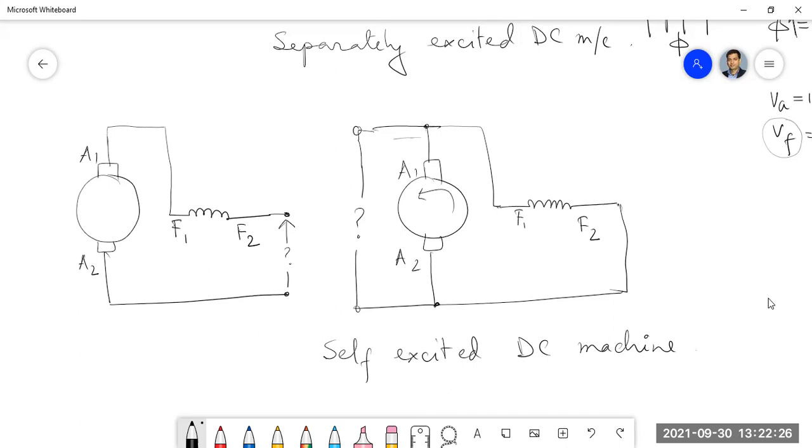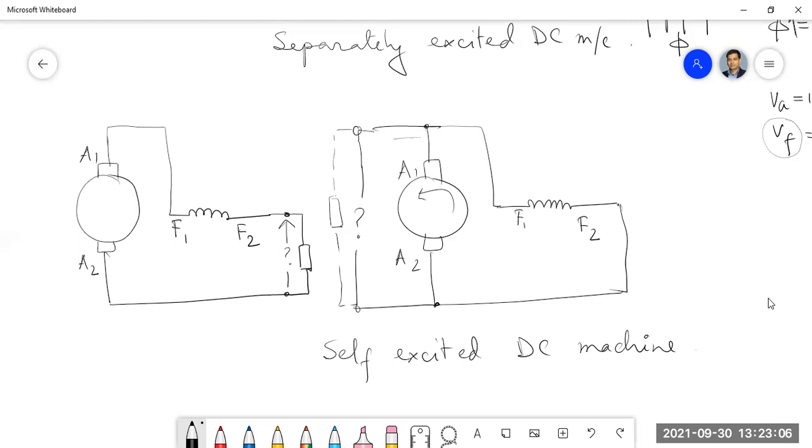But in this case, it should be connected with some load. Otherwise the circuit will not complete. Isn't it? So this can be another mode. Here also we can connect load or we cannot connect load. Anyway, we'll get some voltage. But in this option, we won't get any field current and thereby the induced voltage, unless the load is connected. So this also comes under the self-excited mode, but the configuration of the scheme is slightly different.